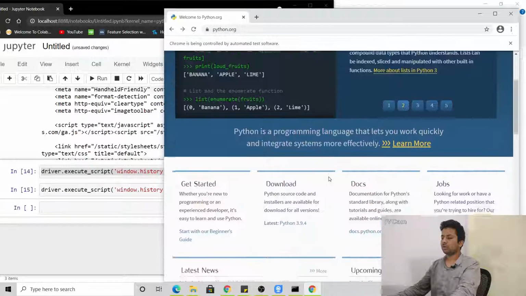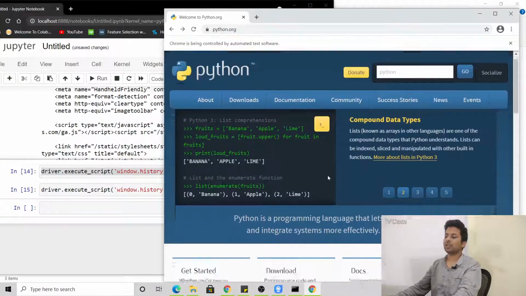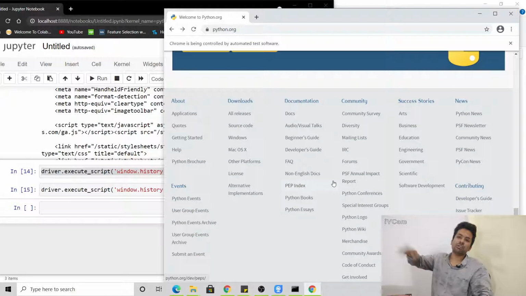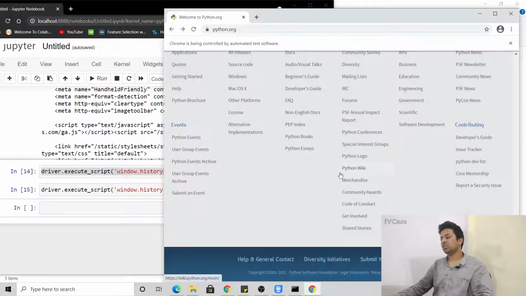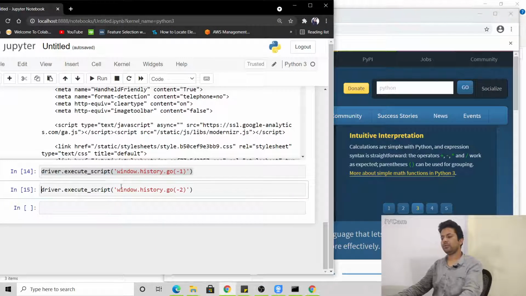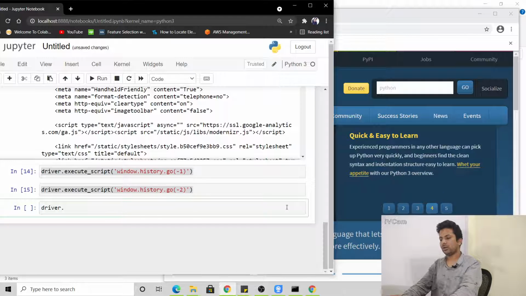Suppose you want to scroll down, because you have some data and you just want to keep scrolling down. You have a Facebook feed, it's big, you just keep scrolling, it never ends. So you just want to keep scrolling down. So with that you will just copy the same line and you'll say driver dot execute script window dot scroll